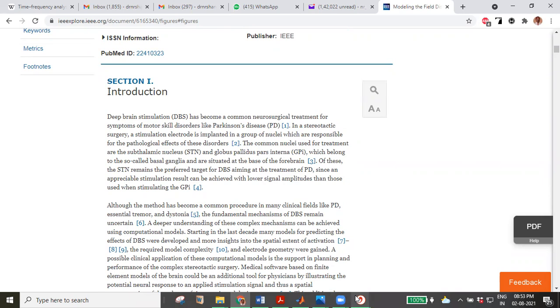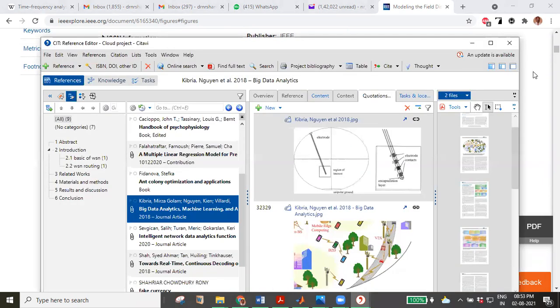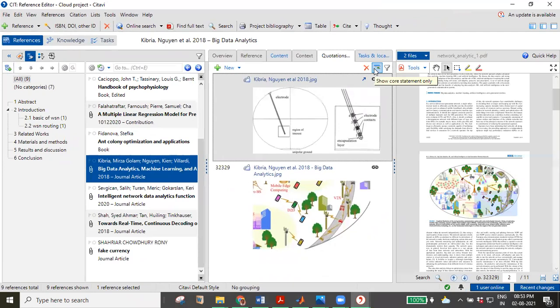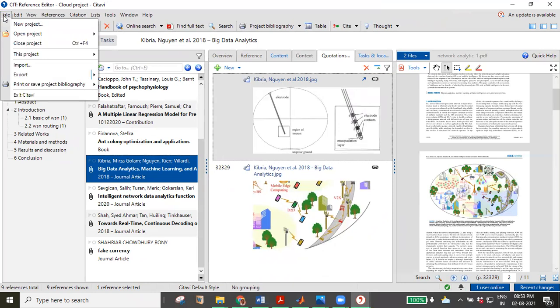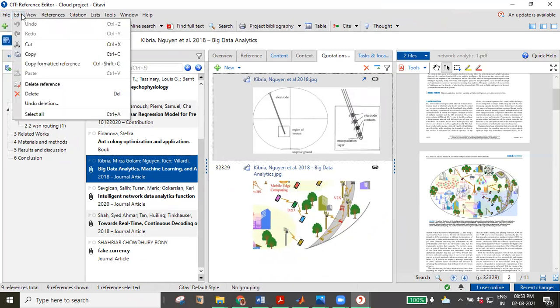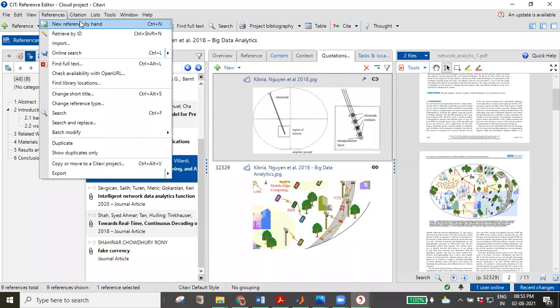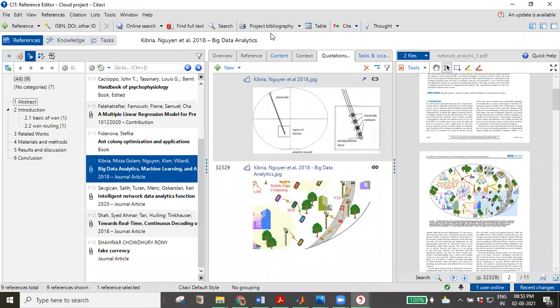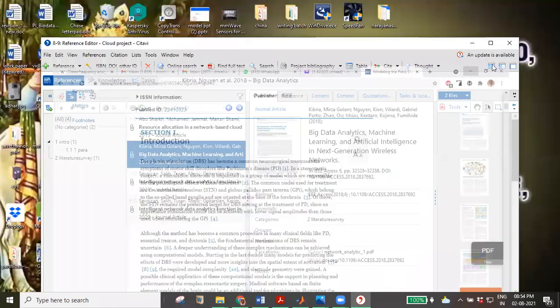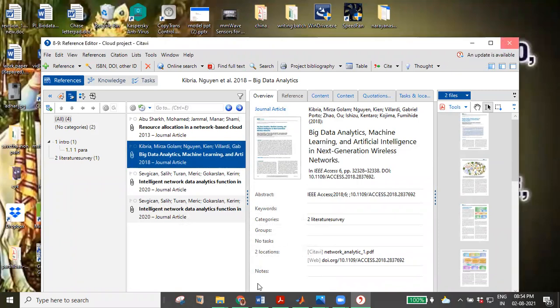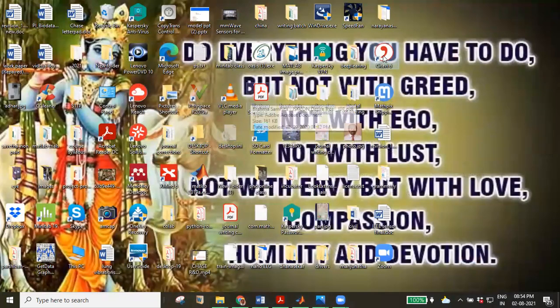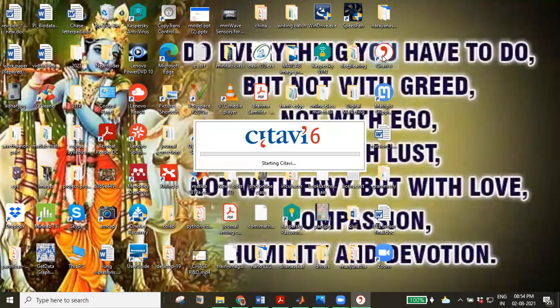Okay. And one more thing left out here is that we want to teach you how to make this project shared. Now I'll make one new sharing. If you want to share this project with some of your friends, how to share it, if you want to organize, if you want to send to a group. I'll just make it from the first. Now, when you're creating your file, by the time itself, you could have allotted